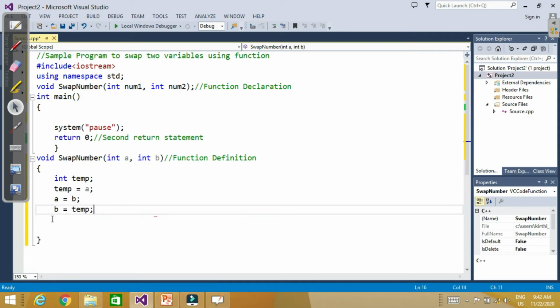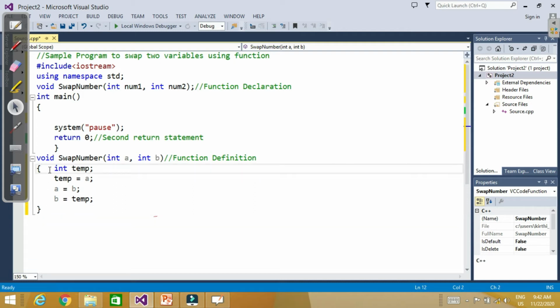So first I take a third additional variable, called the temporary variable, for temporary storage of the value of variable a. I save the value of a here, then inside variable a I store the value of b, and the value of b is now equal to temp. In this way, a is equal to b and b is equal to a.